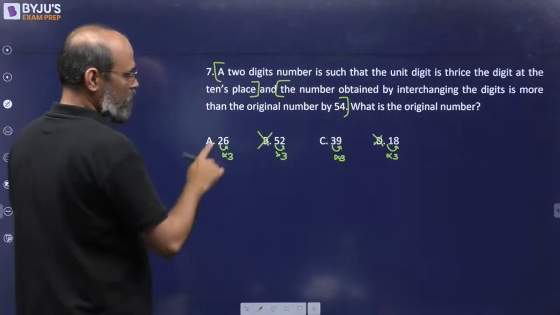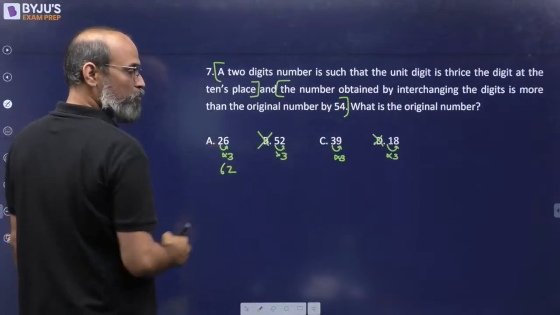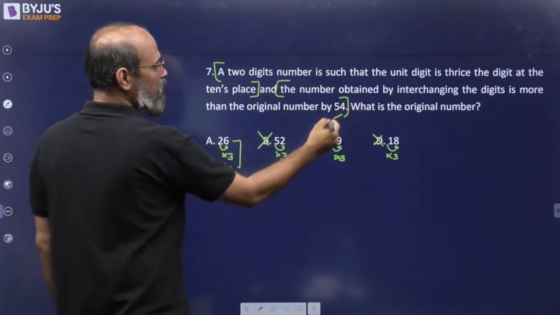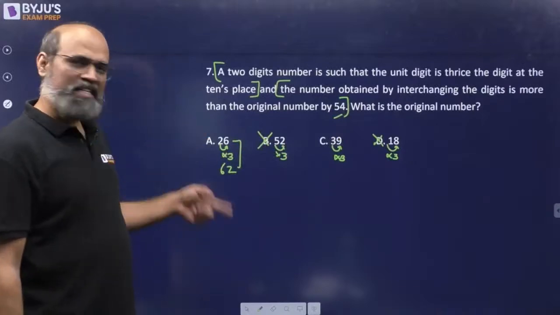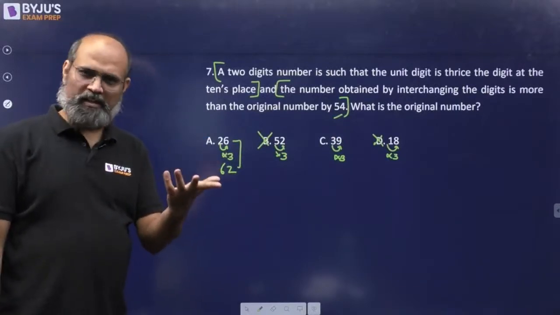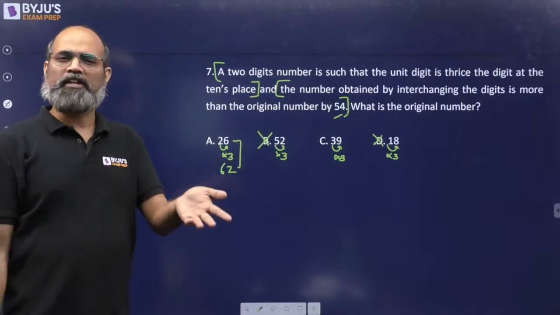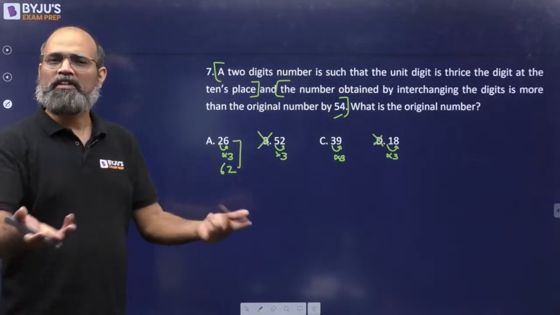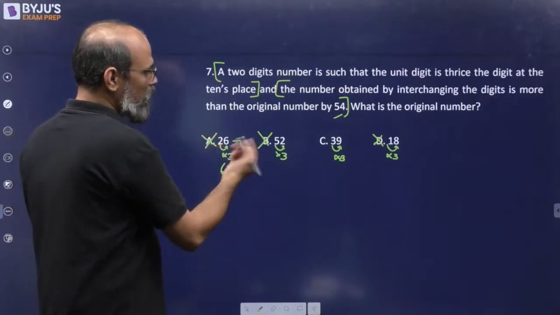Next part is when you interchange the number, 26 को उल्टा कर दोगे 62 बनेगा. ये बोल रहा है कि they differ by 54. 26 से 62 अगर जाओगे, ये 40 भी नहीं है. 26 to 66 is 40. 26 to 62 तो 40 से कम ही होगा, ये नहीं होगा. एक ही बच गया ऑप्शन,